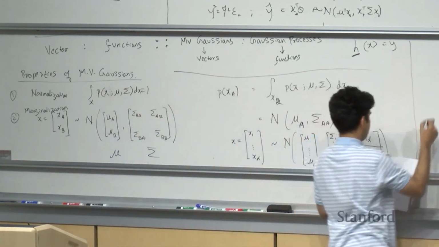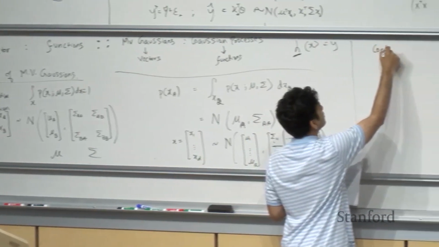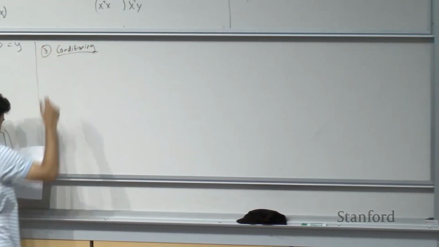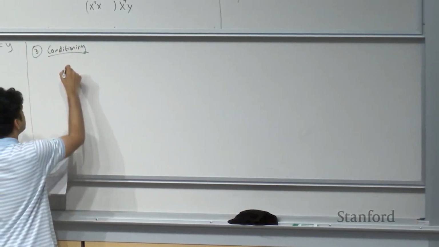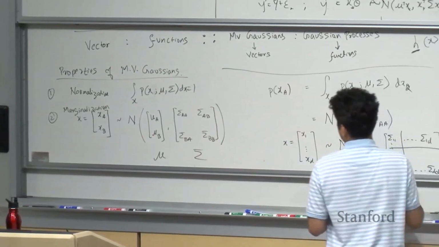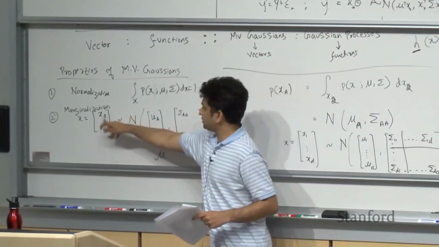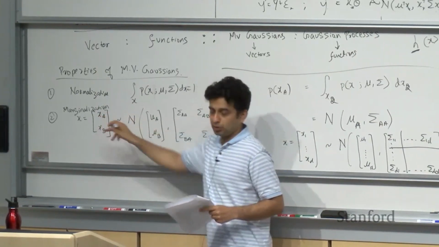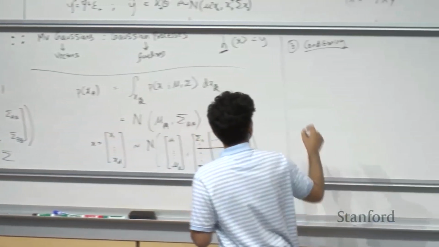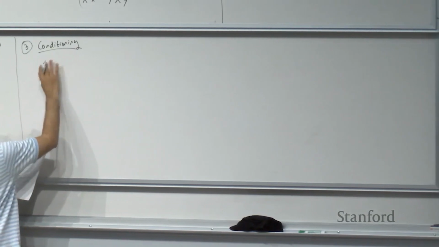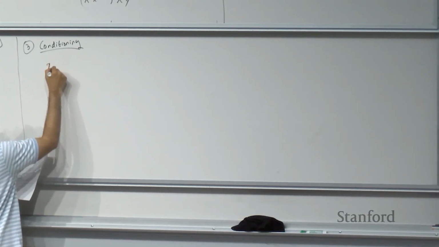Third thing is conditioning. So in the same setting, if you have x as having two parts, xa and xb. In this example, a and b are not necessarily scalars; they are just sub-vectors, so they can have multiple components. So P of xa given xb